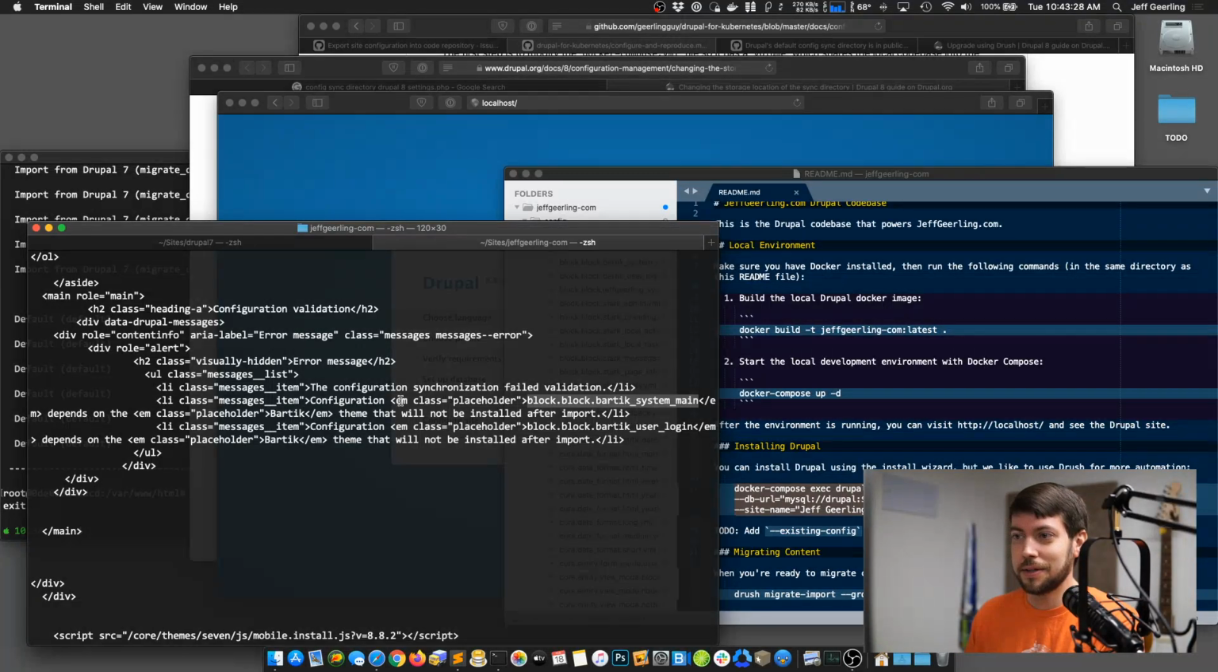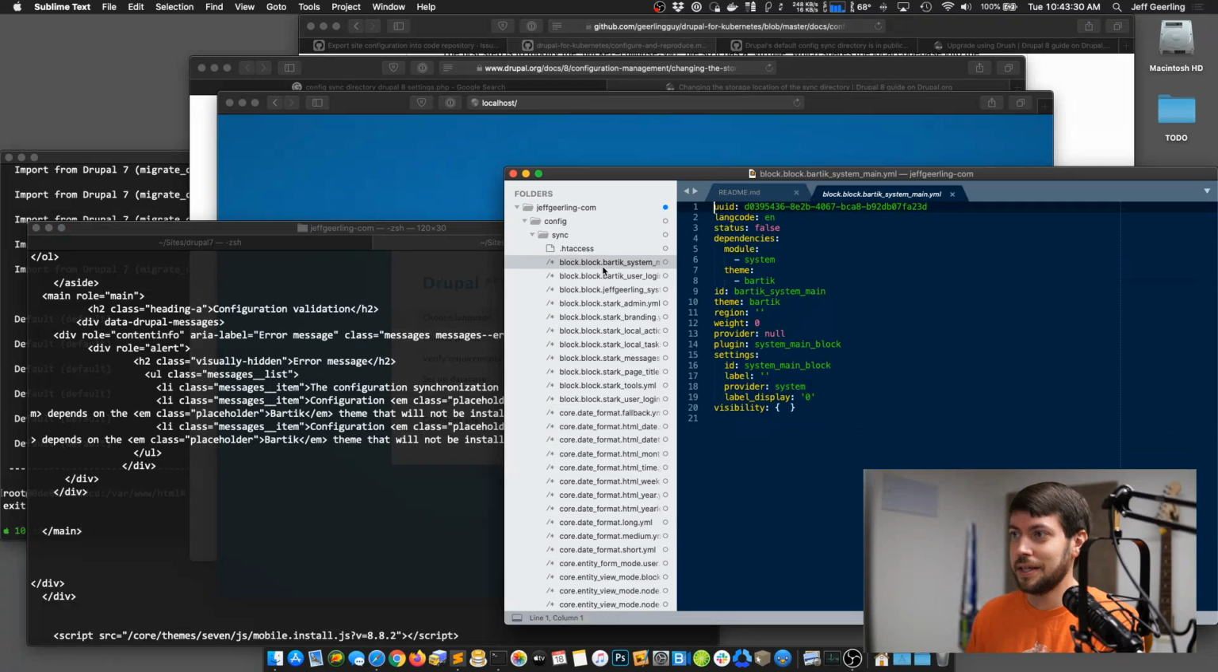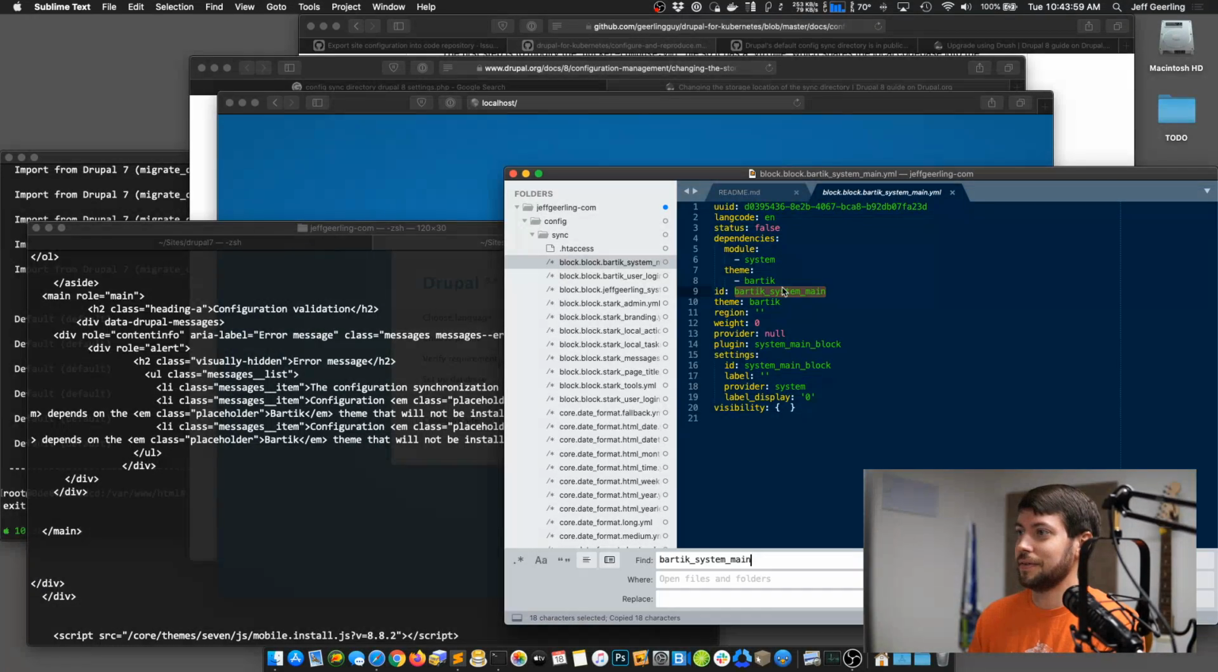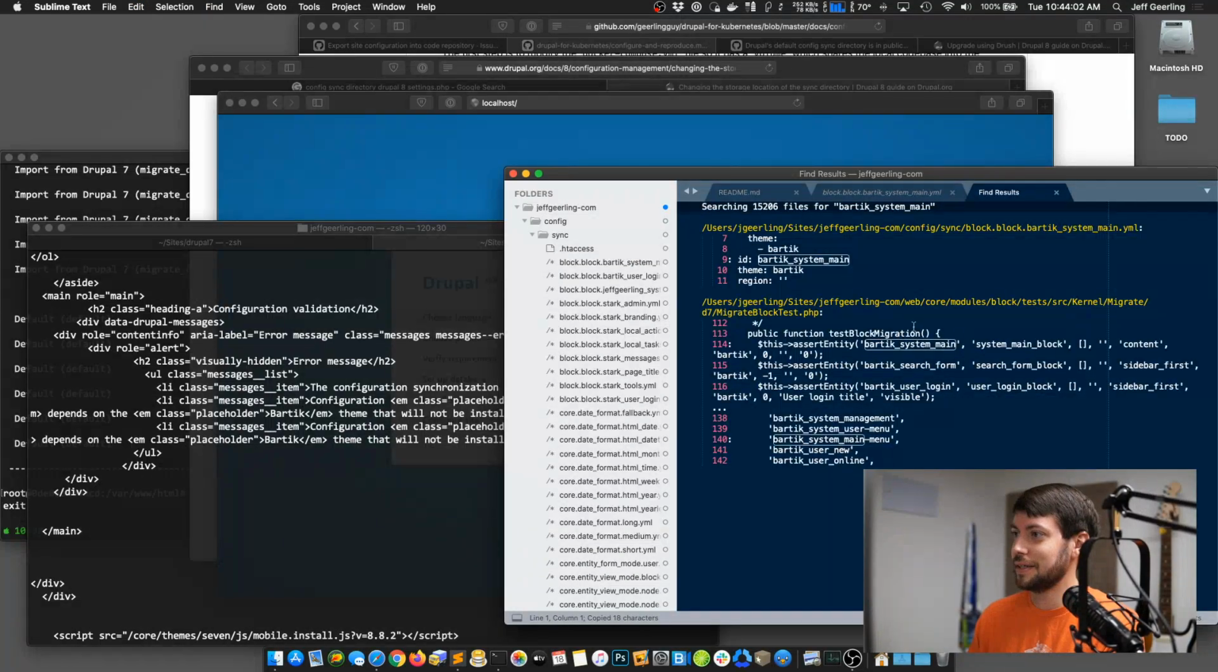So let's see, Bartik system main. I'm going to do two things. You have to be careful manually modifying the configuration files that Drupal dumps. Usually it's not a great idea, but if you know what you're doing, you can do it, and it usually doesn't blow things up. Sometimes it does. So I'm going to look for this UUID to see if it's used anywhere, and it looks like it's still searching. If it's used somewhere else, then I can modify that file to remove it, so it's not used anywhere else. I'm also going to look up if this ID appears anywhere else, and it looks like it does